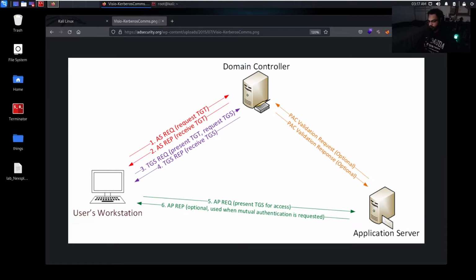In the real world, this would look something like this. The user connected, used their password hash that's on the KDC, it matched, they got their TGT, and now they're trying to open up Skype. So once the user opens up Skype, it actually causes their workstation to look up the service principal name for